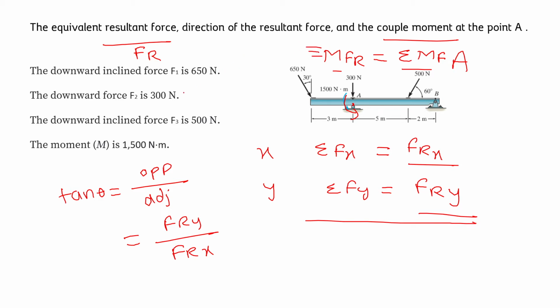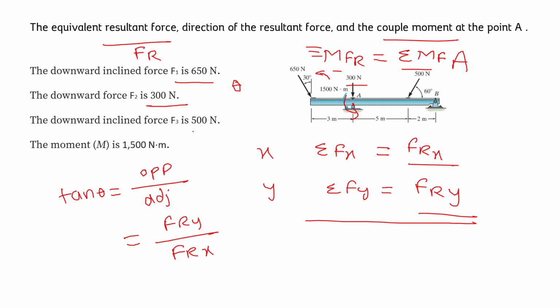Let's see what we'll use. So here, as per the given data, we can see that F1 is a force which is acting in downward direction, which is 650 Newton, and it's making an angle 30 degree, which is angle theta, with positive y axis in counterclockwise direction. And force F2 is acting purely in y direction but in downward, which is 300 Newton, while